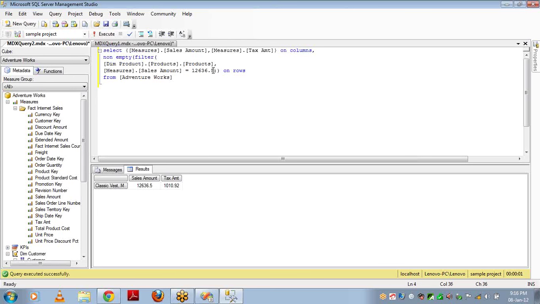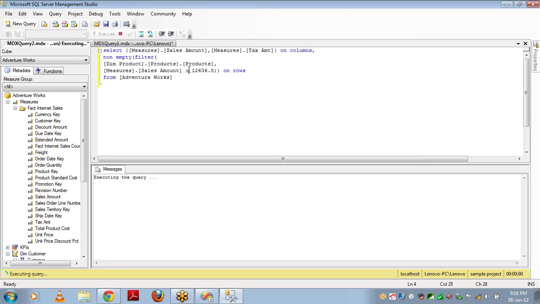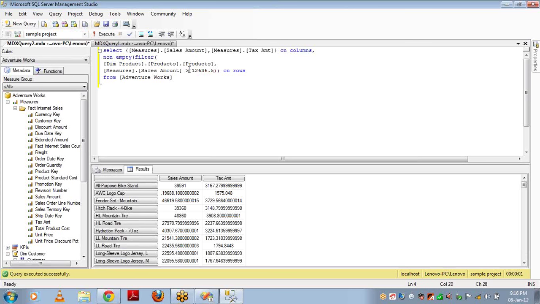Like in this case, I'm setting it to 12636. I want to get where the sales amount is greater than 12636.5. In that case, what I have to do is just change the is equal to greater than. Now it will give all the products which have sales amount greater than 12636.